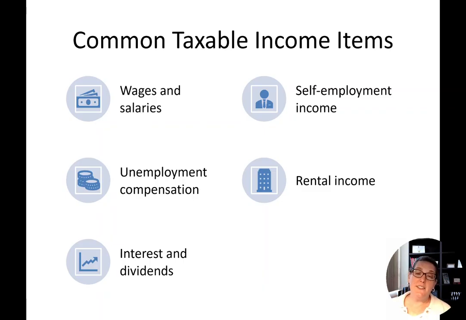And then there's interest and dividends. Savings account interest, bond interest, except if it's municipal, that is one of the exceptions, and stock dividends are all taxable. Your rental income, short-term rentals like Airbnb, all of that needs to be reported. So basically, if you receive a 1099, the IRS already knows about the income and they're going to be looking for it, and if they don't find it, you might receive a letter or maybe even an audit.